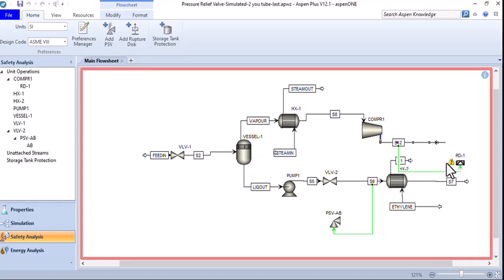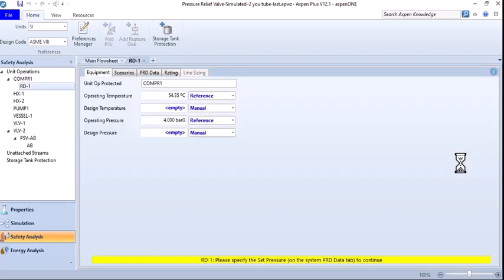So as you can see, a yellow warning triangle shows that the parameters and the definition of the parameters for the rupture disk are not completed. So I click on RD1 and go to another window and continue to